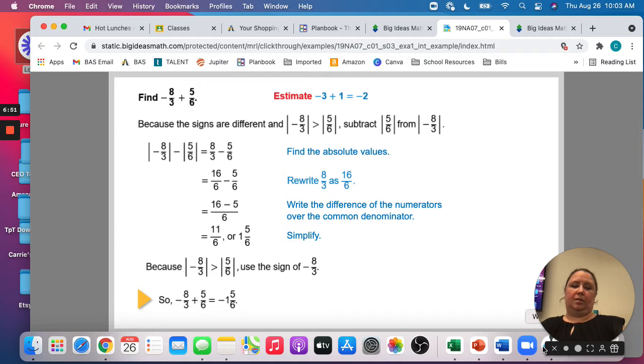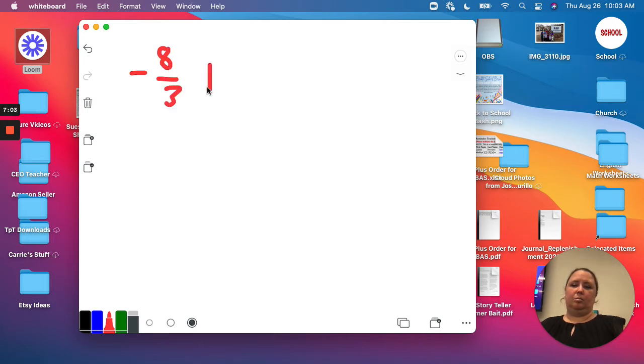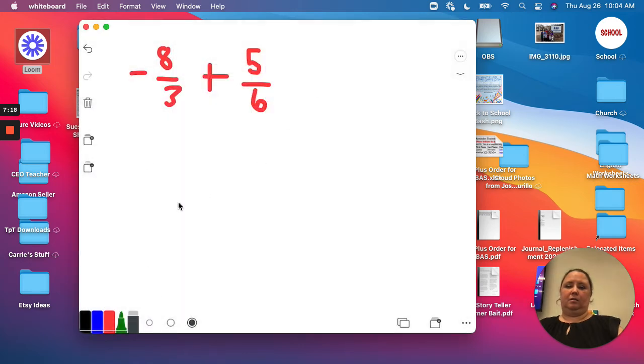So negative 8/3 plus 5/6. See how terrible I write with a mouse. So negative 8/3 plus 5/6. I'm just doing this again because I want to show you how you don't have to do the absolute value portion of that. Okay, so this is a shorter way to do it. Okay, we already discussed that we have to get a common denominator, so we still need to